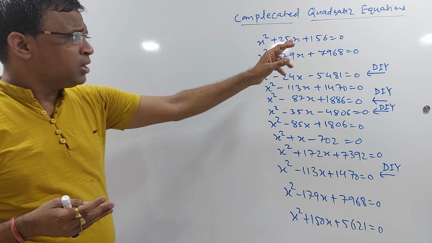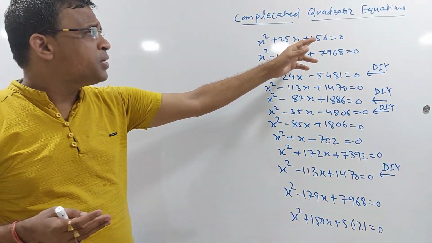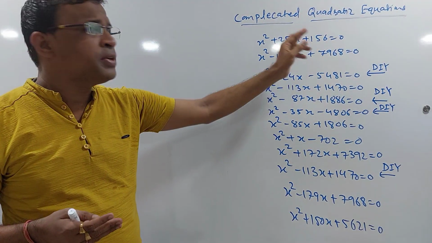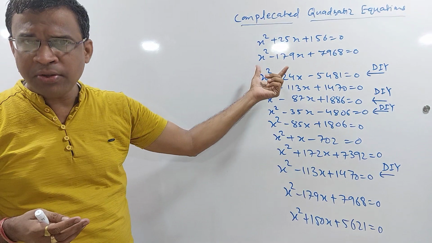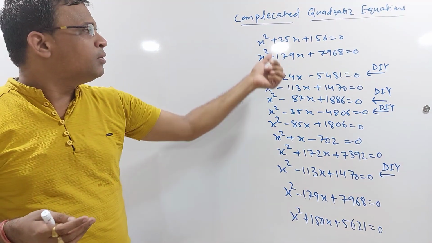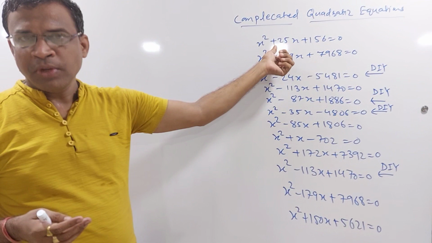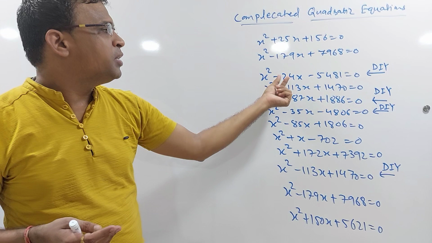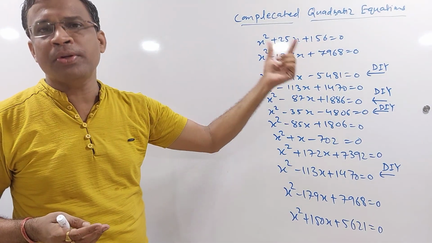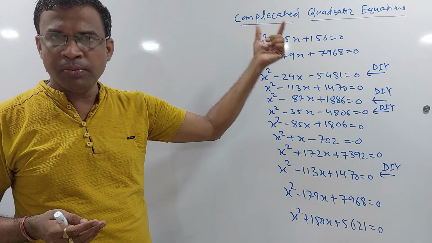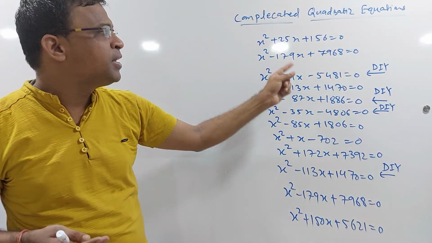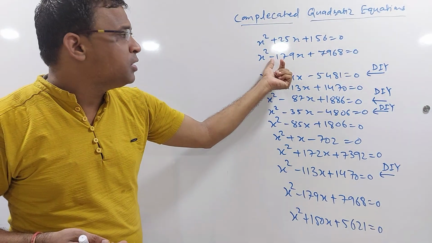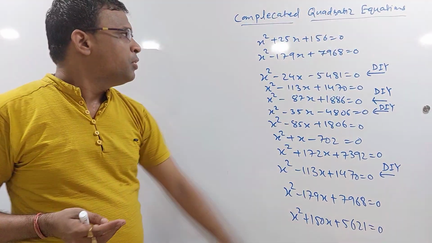Fine. So see, earlier I told one trick. You need to remember that trick. If the constant term has a positive sign, you have to figure out the two numbers, the split, whose sign will be the same as that of this, and that is the addition. If the constant number is negative, then this should be the difference of the two numbers. If it is positive, it should be addition. There is a positive sign, so the sum of the two numbers is 25, and if it is a negative sign, then the two numbers should be minus. Okay, fine. So let us start.